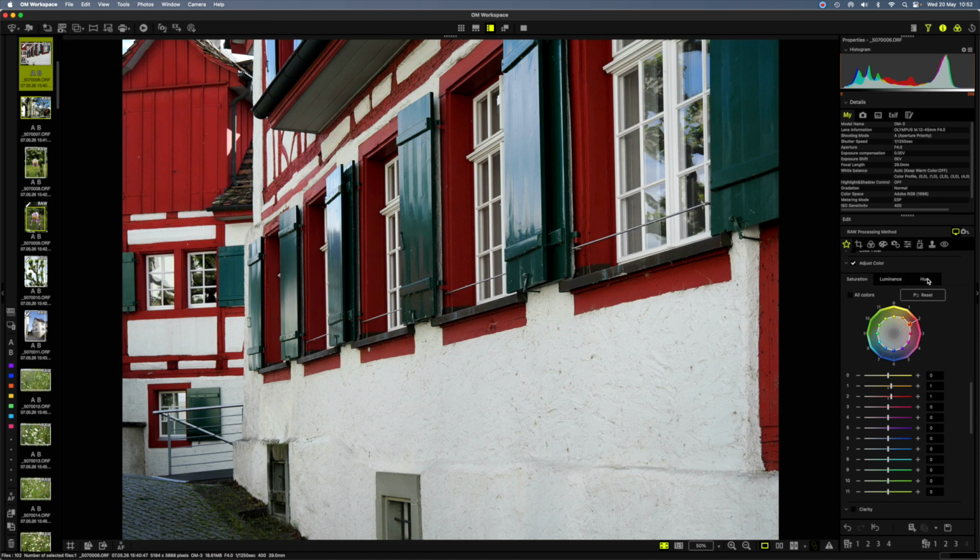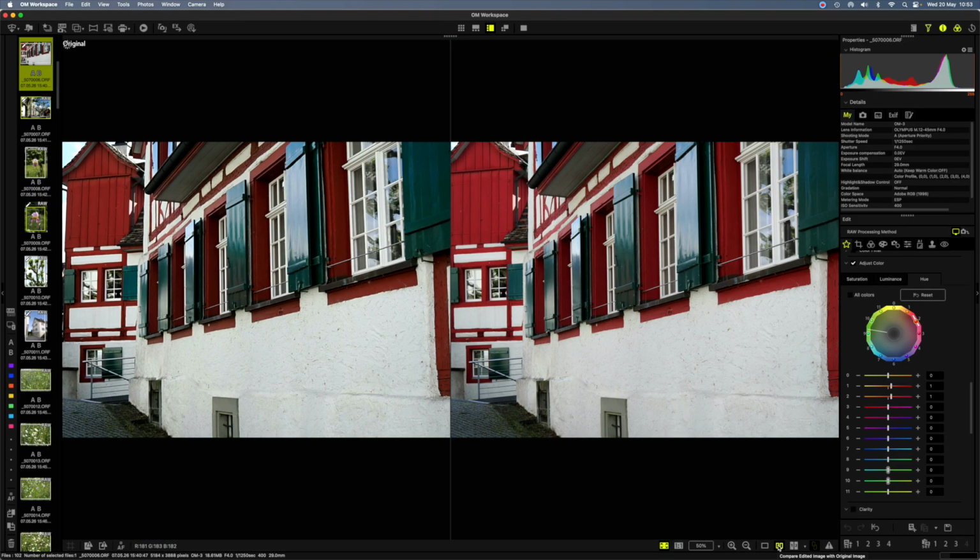If I want to have it more red, I can go to the hue, same thing here, and I can just shift the red a little bit more, and there you can immediately see. Now if I compare this with the original raw file, I press this here at the bottom, and there you can see the dramatic change by 2 tiny adjustments, nothing big.